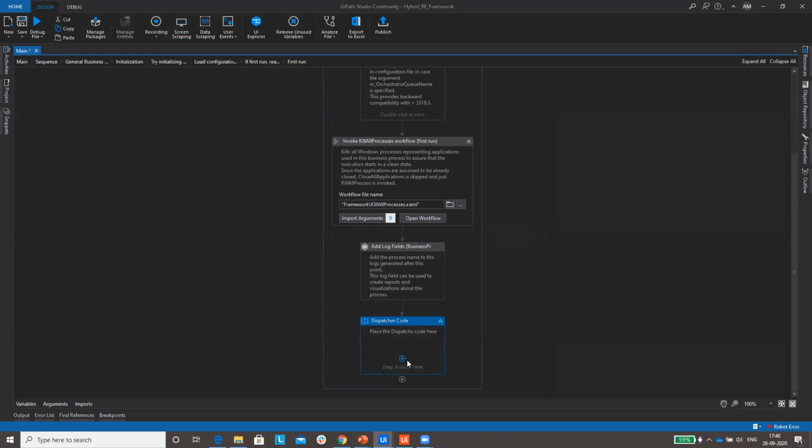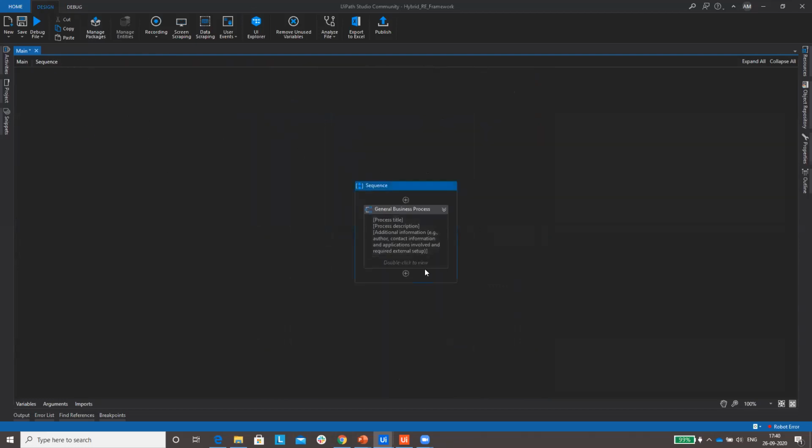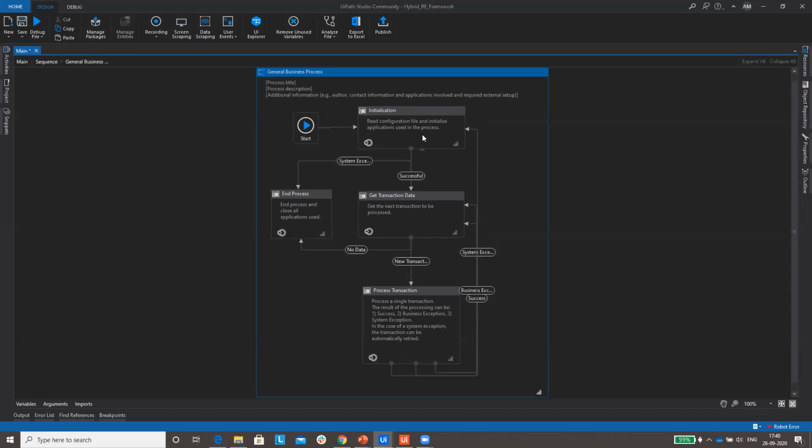Just place your code here. That's it. Your current REFramework will act as both dispatcher and performer. At the first run, it will push the data into the queue and then start to process it. This is what we call a hybrid framework.